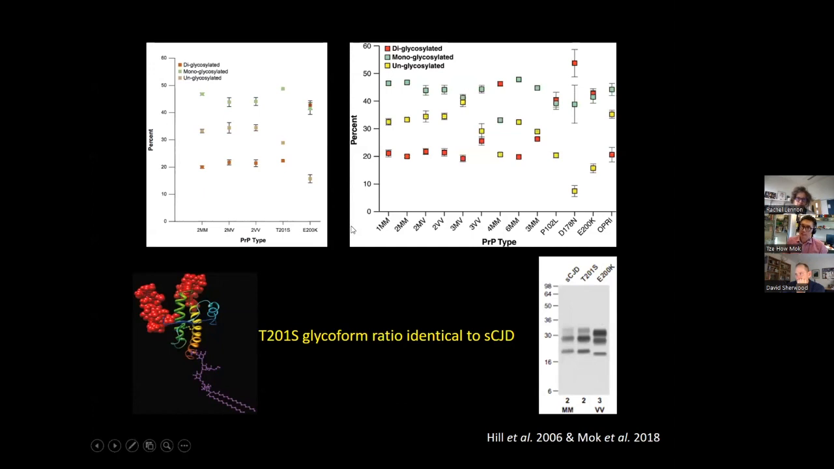So the ground is now shifting. It's starting to look like T201S might be either a bystander, a neutral variant, or very low risk. And the CJD in these ladies' condition may be just sporadic. So what else can we use to support our